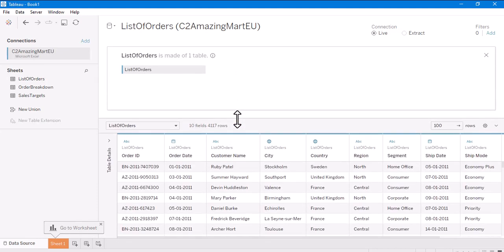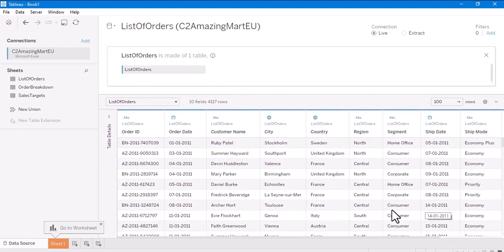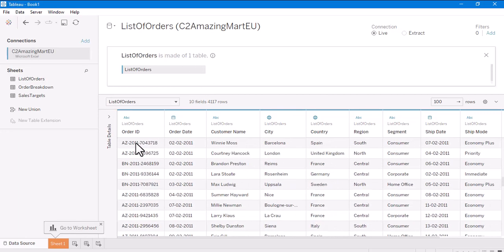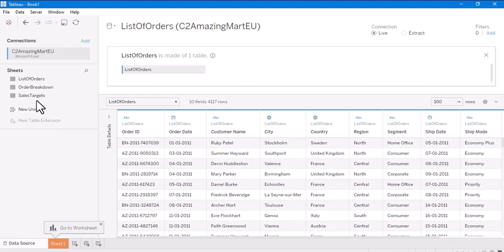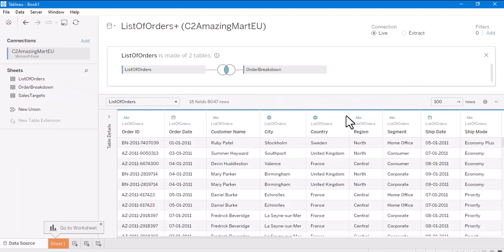And now I can join this data set. Before I join the data set, this is the dim table that I have here, because I have got only the list of orders. The order ID will come only once in that data set. When I drag and drop the order breakdown, it's going to automatically show you one inner join. And when the inner join comes into play, when two tables are connected physically with one another, you can see automatically on the left hand side the order numbers are becoming multiples in some cases, because my order breakdown